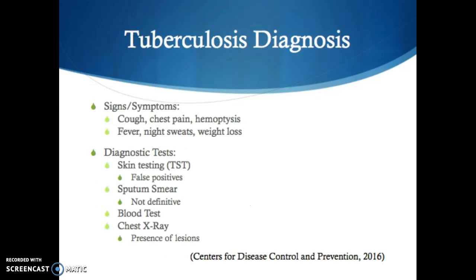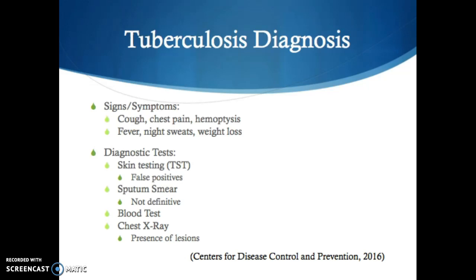Diagnosis of tuberculosis is managed through a physician or an advanced practice nurse. Fever, sweats, and weight loss are the initial starting symptoms, and that can be a wide variety of different disease processes. So we drill it down. As those progress, you start to get cough, chest pain, hemoptysis. Those respiratory symptoms start to develop. Sometimes by the time that happens, you're already infected, symptomatic, and well on your way to buying yourself an admission in the ED or to the hospital from the ED. So our goal is to try to identify this as early as possible in these populations.